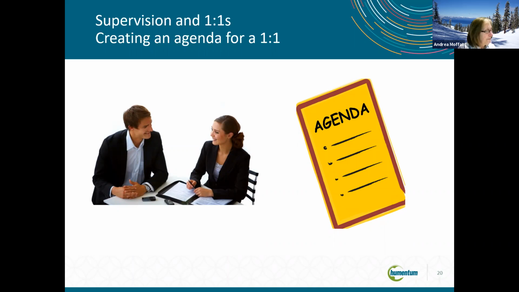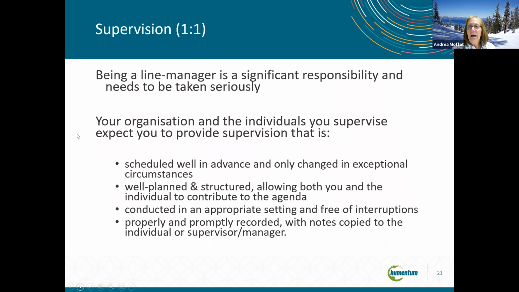Let me just give you that feel for how I define this stuff. Being a line manager is a significant responsibility. It needs to be taken seriously, otherwise why are we all here now? Your organization and the individuals you supervise expect you to provide some kind of supervision one-to-one that is scheduled. It's in the diary, it's in the schedule, it's well in advance, and I would underline it should only be